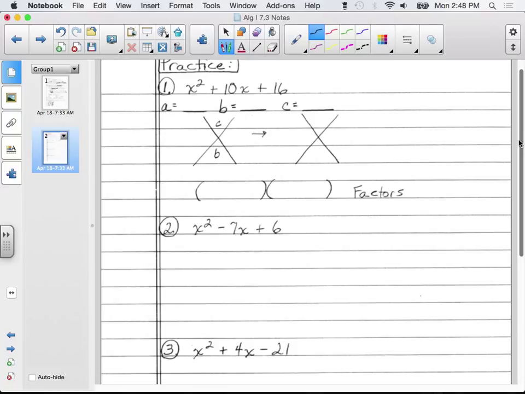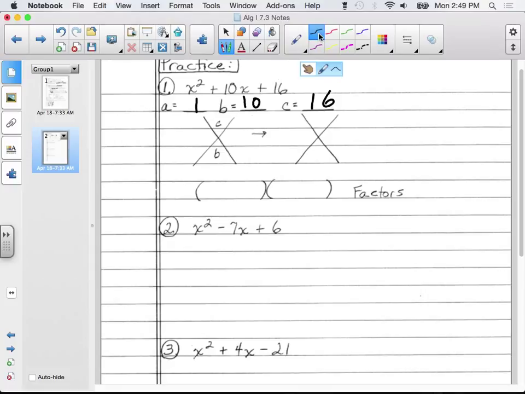Alright, number one, first thing we always do when we're factoring quadratic trinomials, we find our A, B, and C value. So, in this one, x squared plus 10x plus 16, what's our A value? 1. What's our B value? 10. And what's our C value? 16. That's right. And like I said earlier, A is always going to equal 1 today. So if you put something else there,